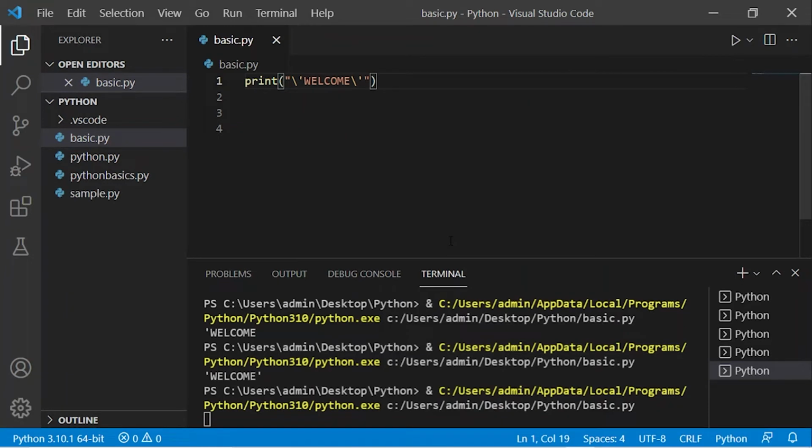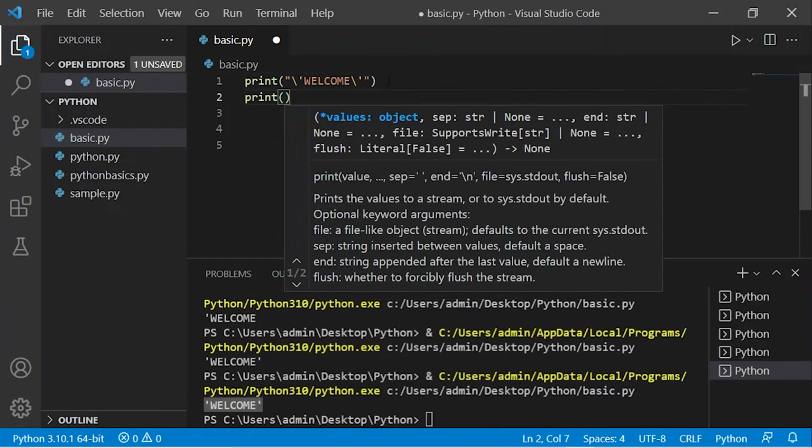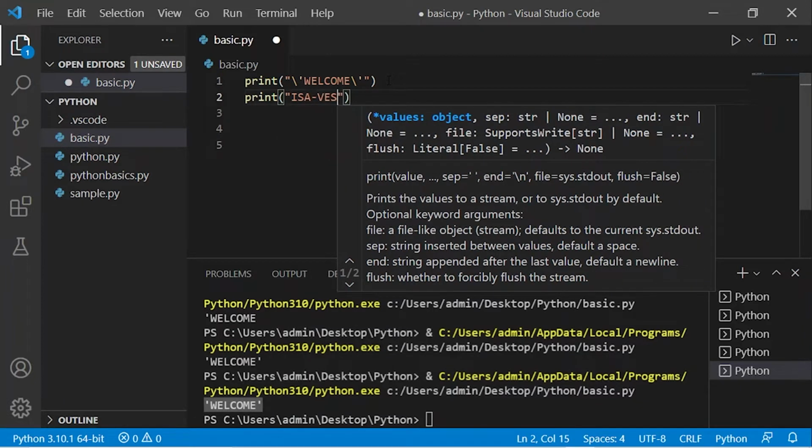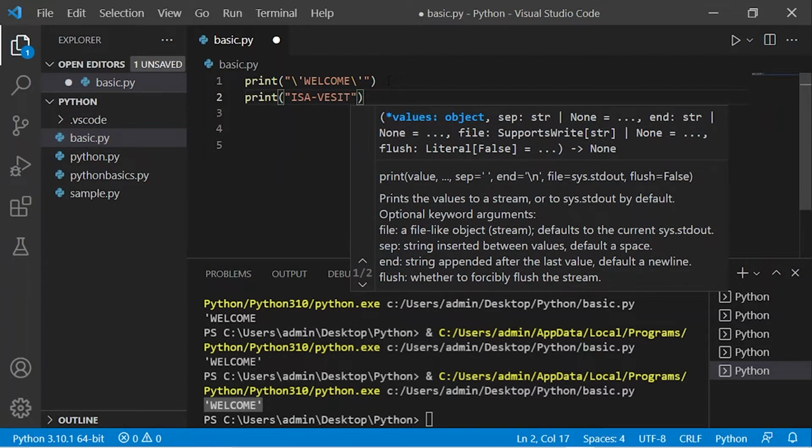Now I'll write print ISA visit. I'll run this code. Now we have written two print statements to print these two messages, right? Now I want this message to be printed in one single statement but in two different lines.